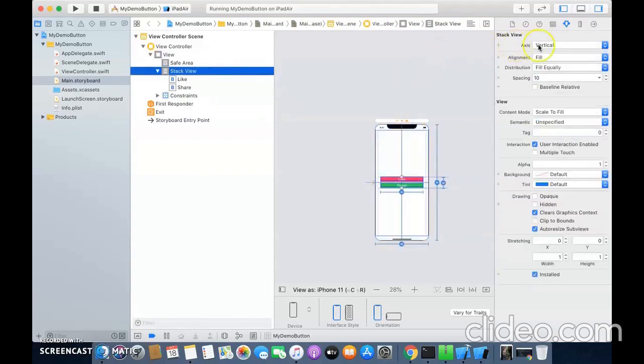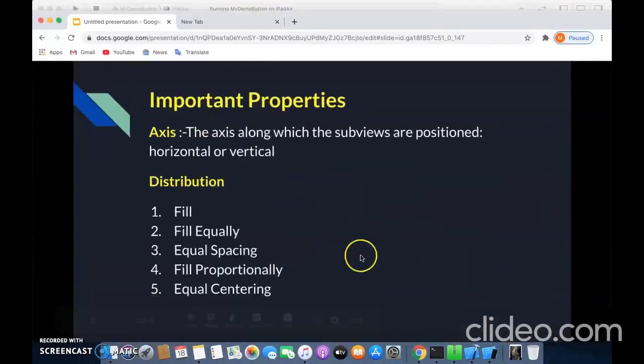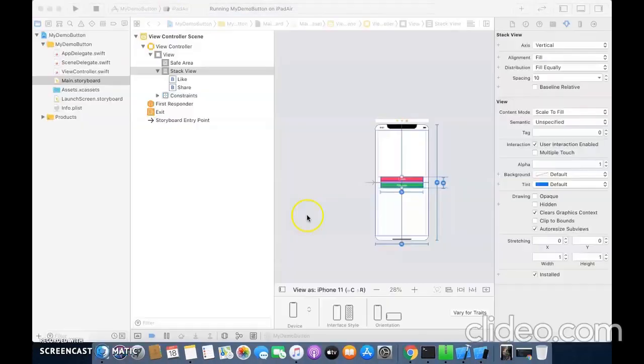So this is what the axis is doing. It is putting the views in either a horizontal or a vertical alignment. So we can say that the axis along which the subviews are positioned, horizontal or vertical, is the axis property of a stack view.